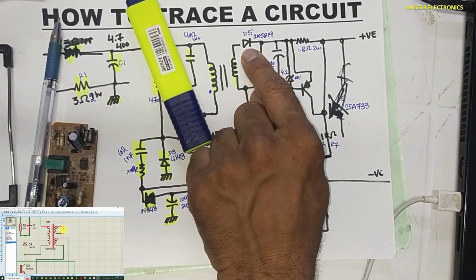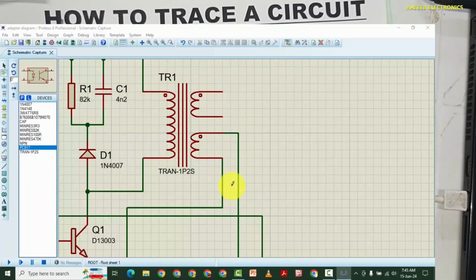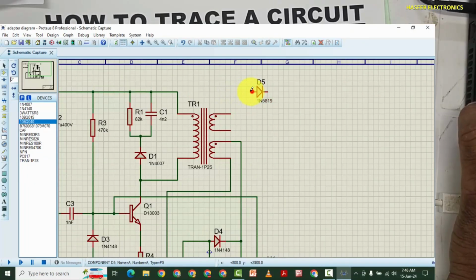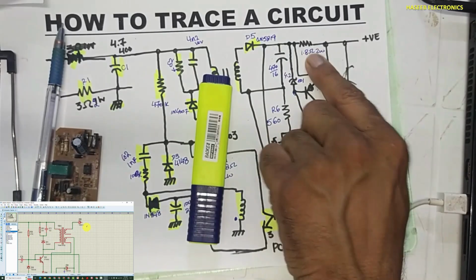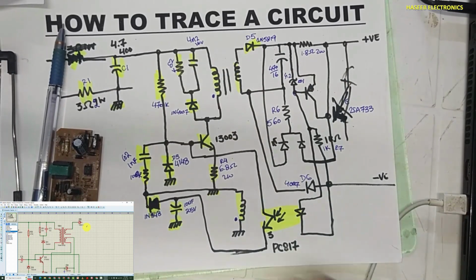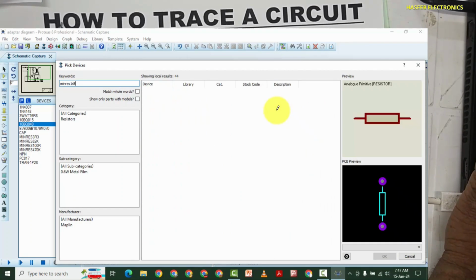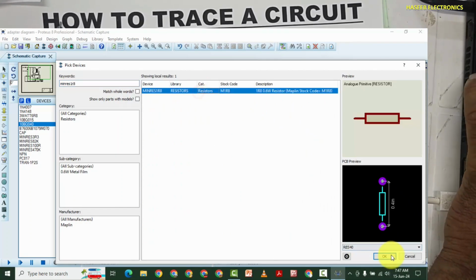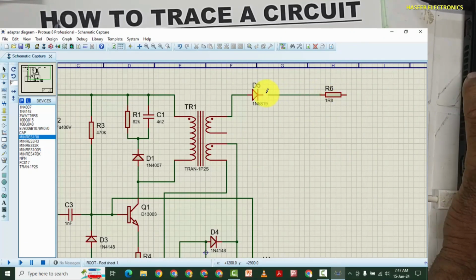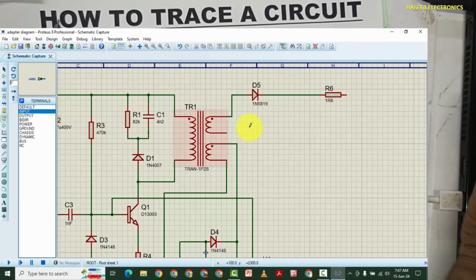Secondary side, this diode 1N5819 is a Schottky rectifier. Then this resistor, 1.8 ohms, MINRES 1R8, 1.8 ohm resistor, and it is the output terminal.